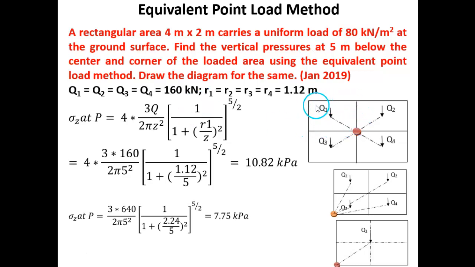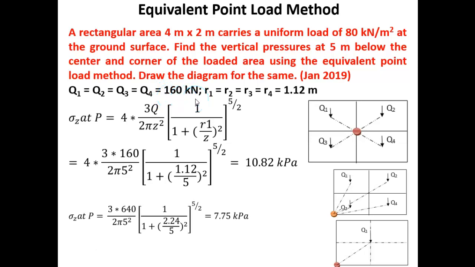So the dimensions are 4 meter by 2 meter. So half of this is 2 meter and half of the width is 1 meter. So area of each rectangle is 2 square meter. So when you multiply with the UDL, 80 into 2, we will be getting the equivalent point load as 160